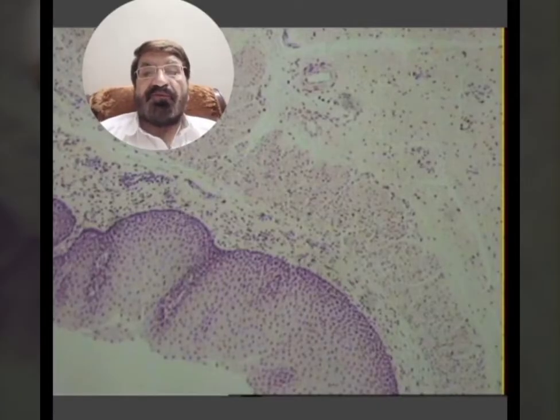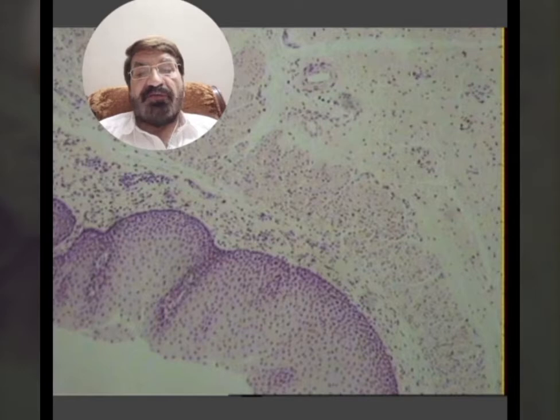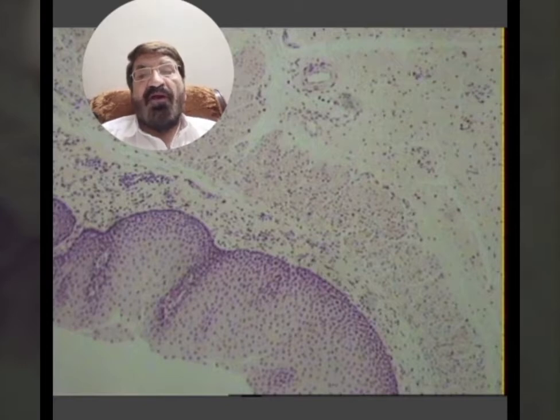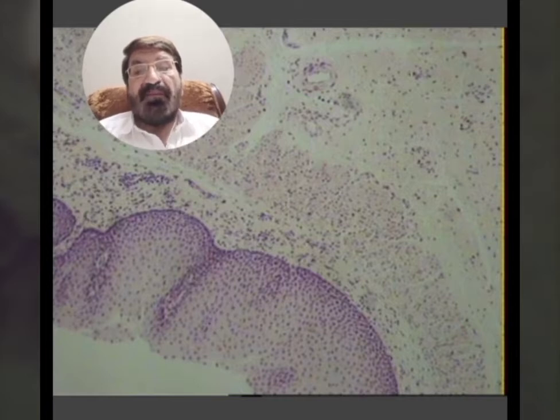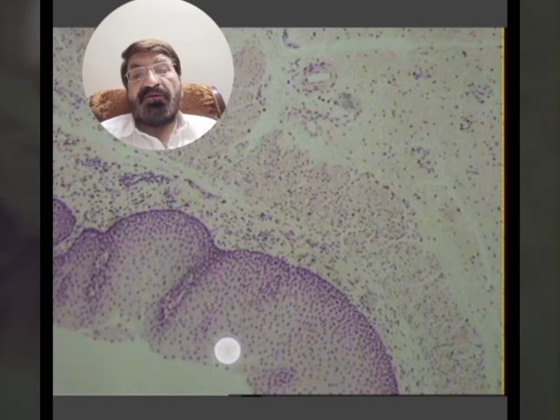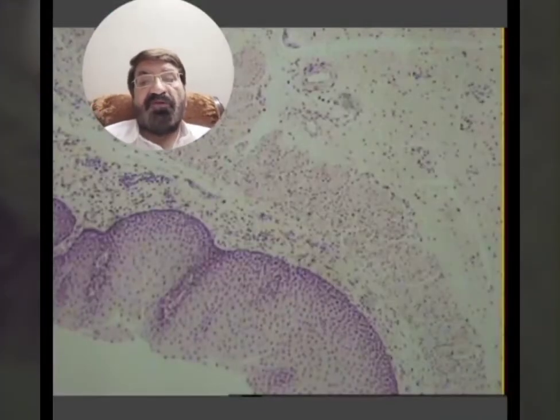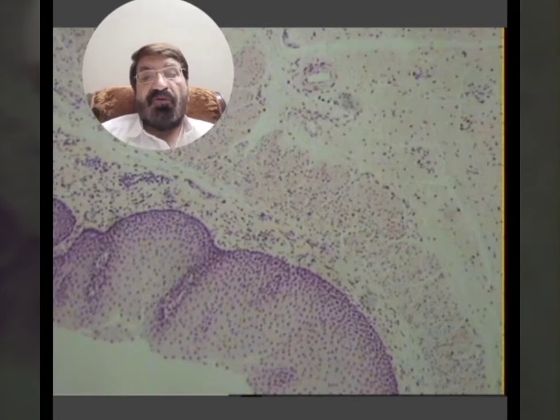This is the slide of the esophagus. Here lies the lumen of the esophagus, and from the lumen, if we go outwards, the first layer is the mucosa, then is the submucosa, and then muscularis externa, and fibrosa. And I have told you that the mucosa of the esophagus consists of the epithelium, the lamina propria, and the muscularis mucosae. This is the muscularis mucosae. So all these three layers, these are known as the mucosa of the esophagus.